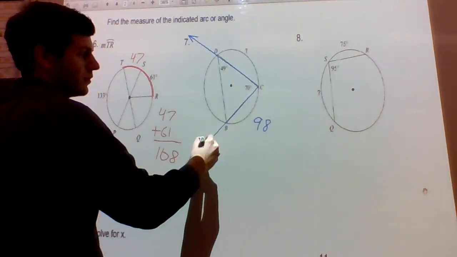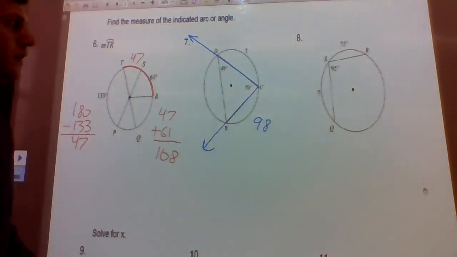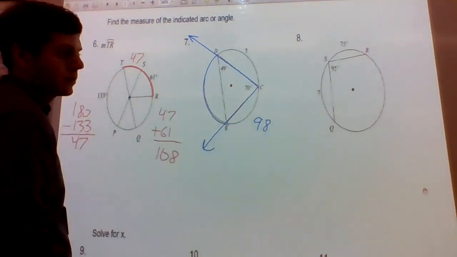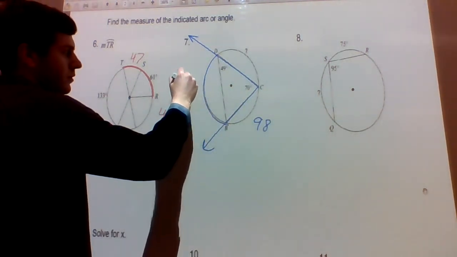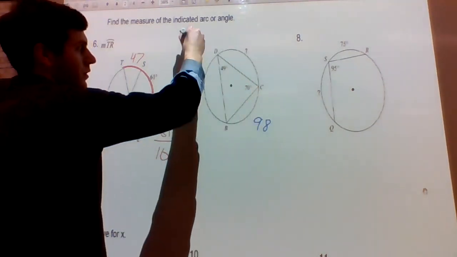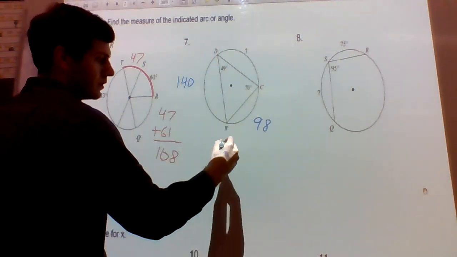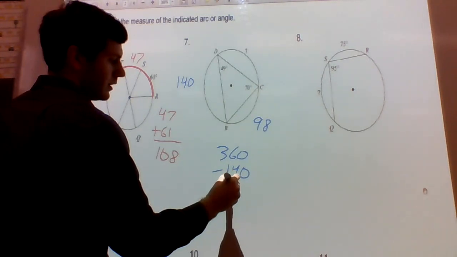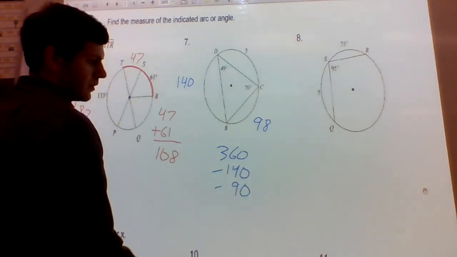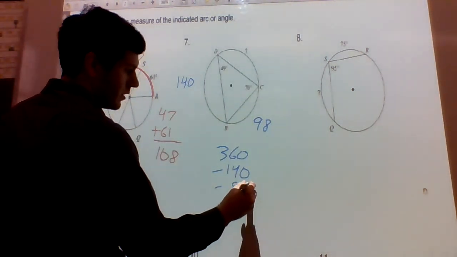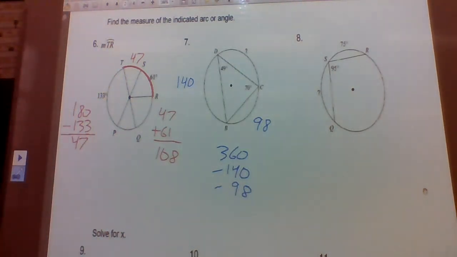inscribed angle. The vertex C is on the circle, so we have an inscribed angle. Our intercepted arc is BD, or DB, which is double the measure of the inscribed angle, so this is going to be 140. Okay, which means we can then measure the whole thing, which is 360, minus 140, minus 98, which is going to give us, I'm sorry, yeah, minus 98, not 90. That's going to be 220,